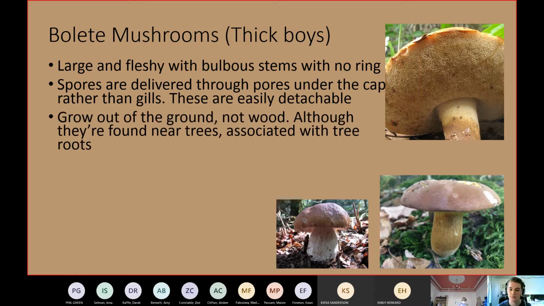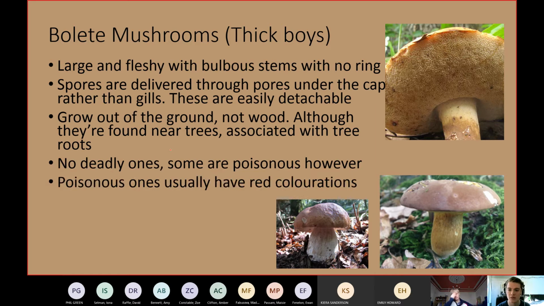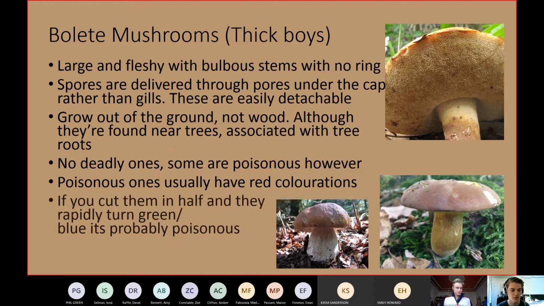And these would grow out of the ground. You wouldn't find many of these saprotrophically on trees and stuff. These are more like they'll grow in the soil. Yeah, no deadly ones. If you eat a bolete, you're probably not going to die, but you know, don't eat stuff unless you 100% know what it is. The poisonous ones always look kind of red. There's also this type that if you cut it with a knife, if it rapidly oxidizes and turns kind of green or blue, it's a poisonous one. A lot of them look very similar. I didn't actually cover any